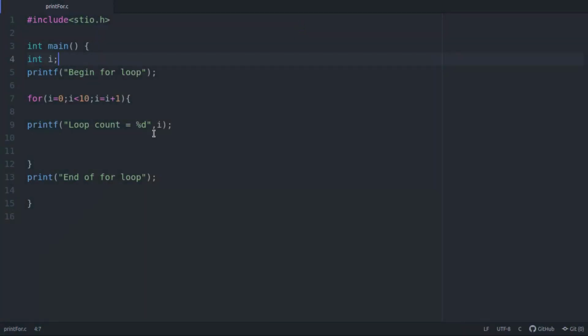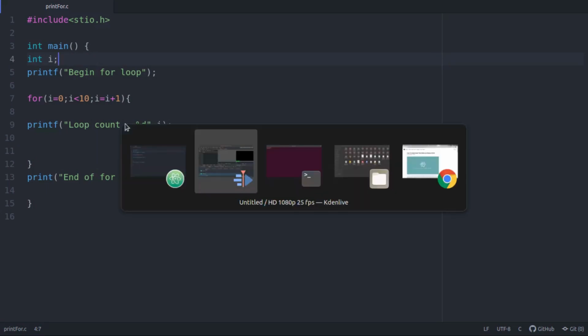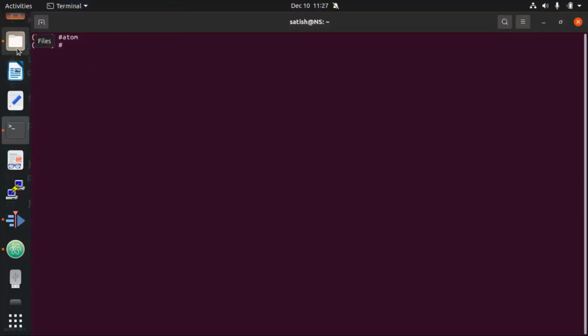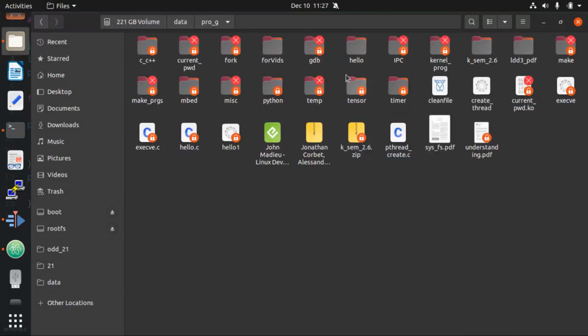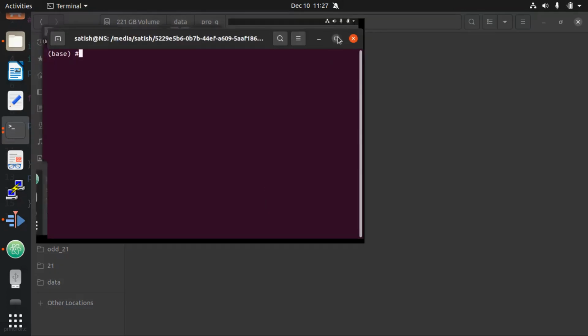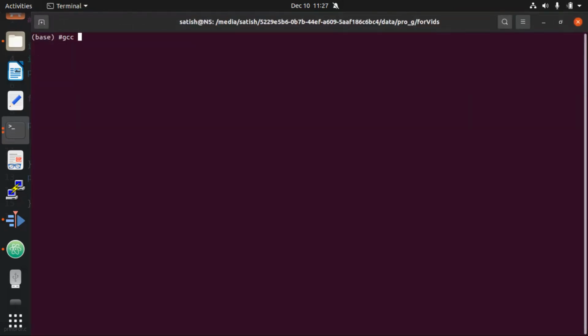Now let me go to the folder where this is present and try compiling this code. So gcc, I gave it the name print for.c, and I enter.